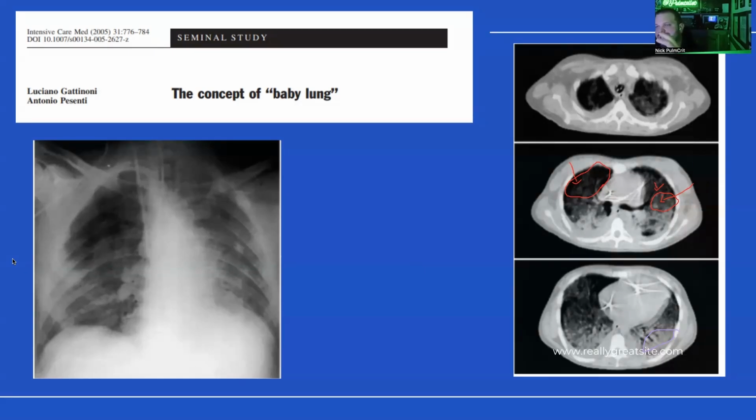So if you can see how much lung you could recruit with more PEEP and you compare that to the rest of the lung, if you had a significant amount of lung that you recruited with higher PEEP, you would see that as you drop the PEEP and you get less volume out,